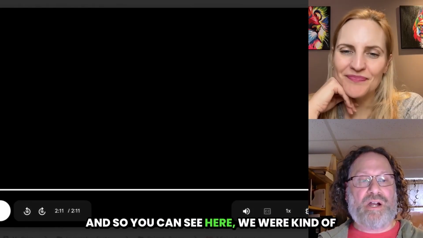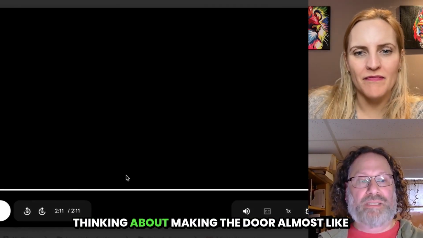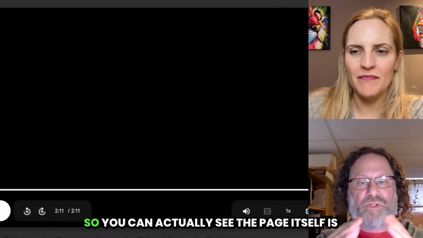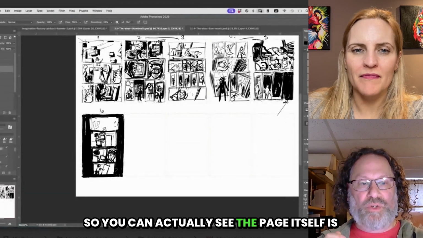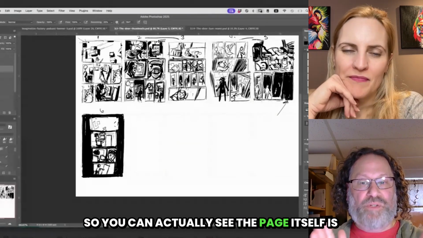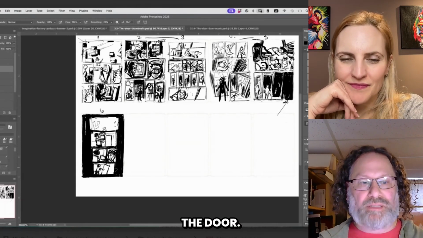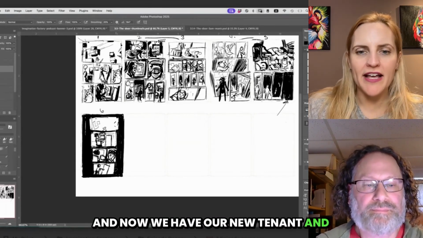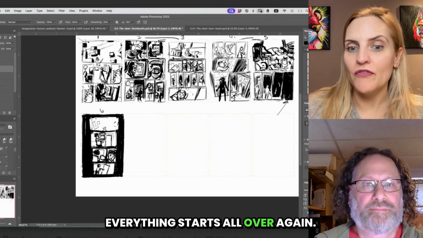And so you can see here we were kind of thinking about making the door almost like a thing there, so you can actually see the door. The page itself is the door, right? Exactly, and now we have our new tenant, and everything starts all over again.